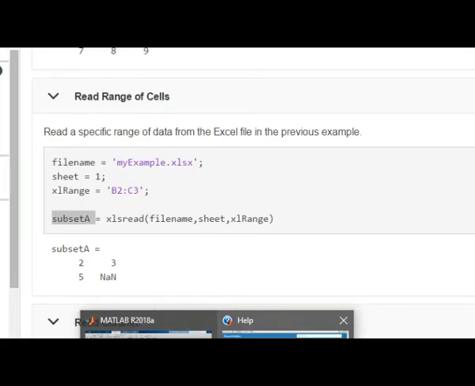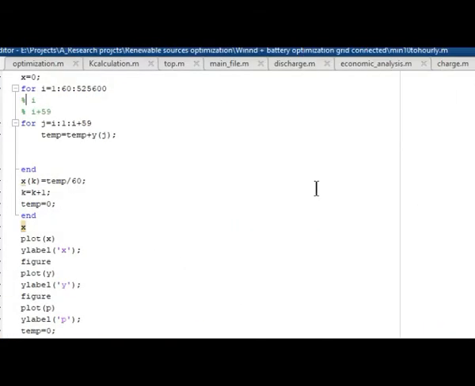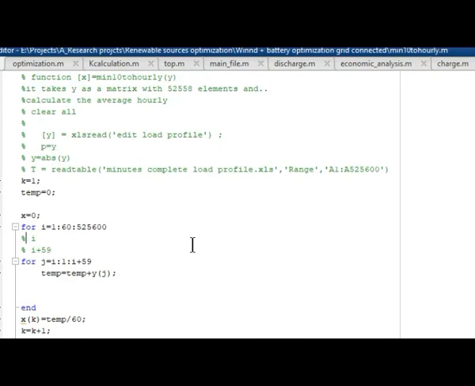So let's take another example. In this example we are taking the data from an Excel sheet that has event speed on a minute basis. We want to convert that data, and that data is for 3 years.